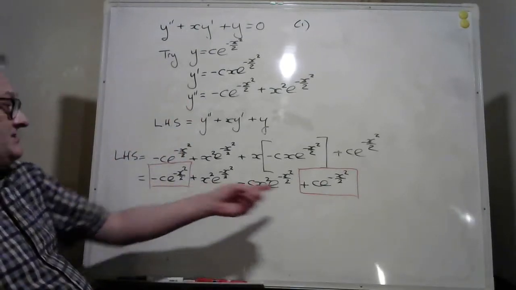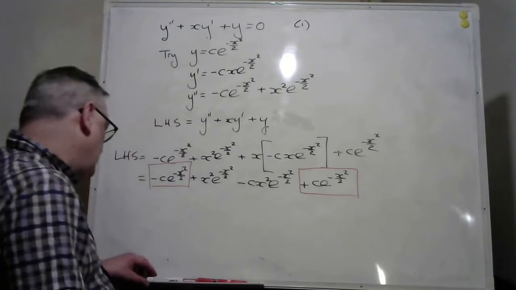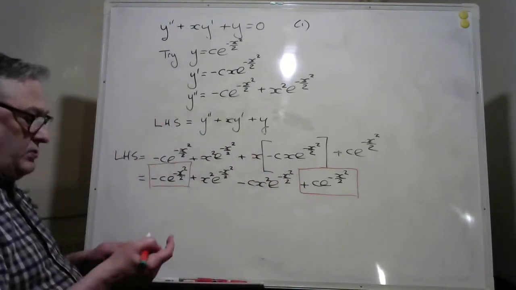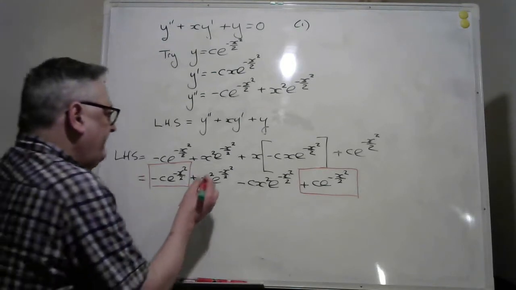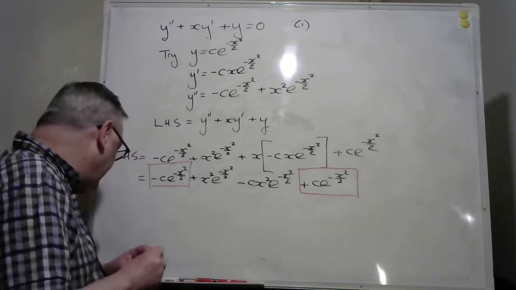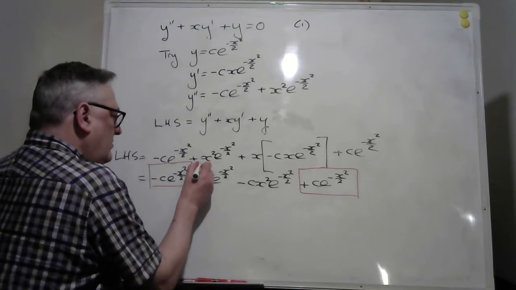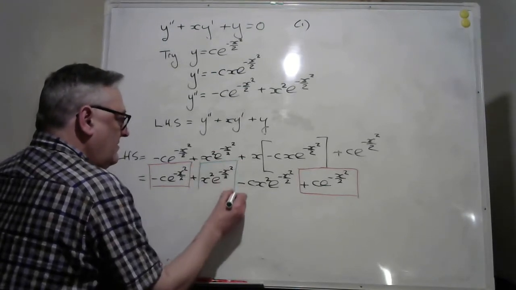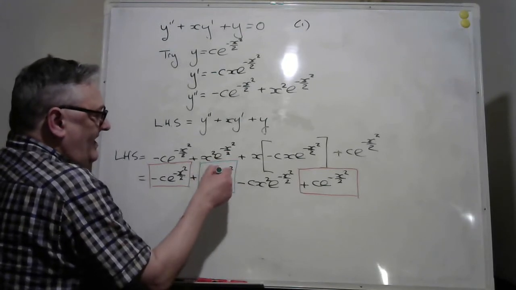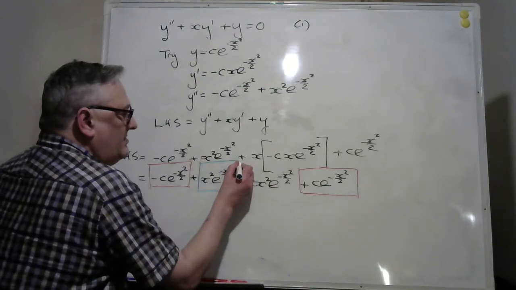Which obviously cancel. And where's my trusty green pen? We'll use this one. I don't think that's very bright and vibrant. We'll try this one. So, yes, that's a bit better. We've got this, actually it's plus x squared e to the minus x squared over 2, which is the same